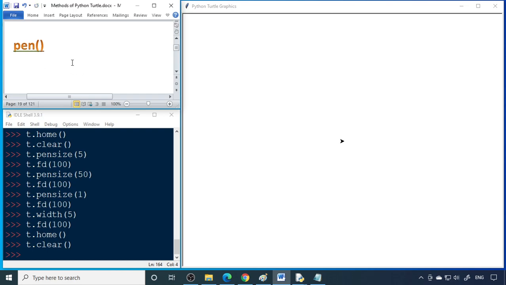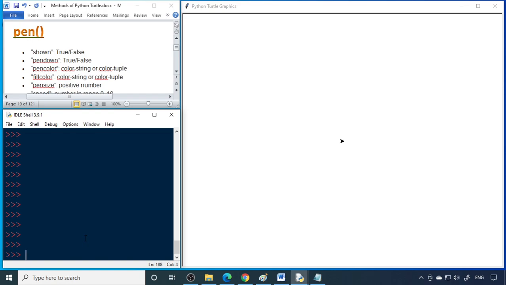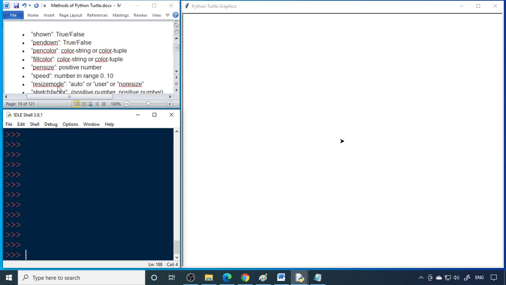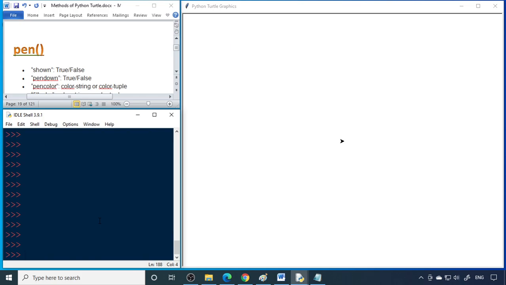Next is pen. With pen, we can use these attributes: pen shown, pen down, pen color, fill color, pen size and all. Pen size we have seen. Here what we can do is use pen. Then here we can also write pen size equal to 5, and also the pen color is equal to blue.